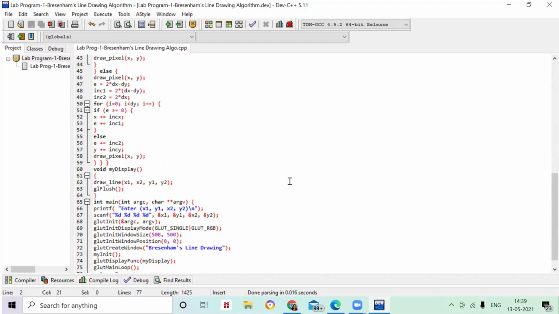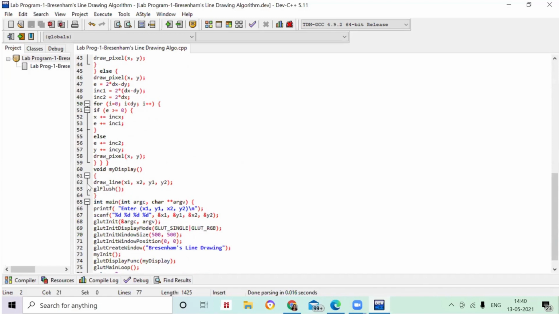Okay, so here if I want to see a line, so I should have my coordinate values. So what are the coordinate values I want to give? X1 y1 and x2 y2. So the same thing has been written over here. Okay, so now to give that one, I have utilized one more function, user defined function, that is draw line.